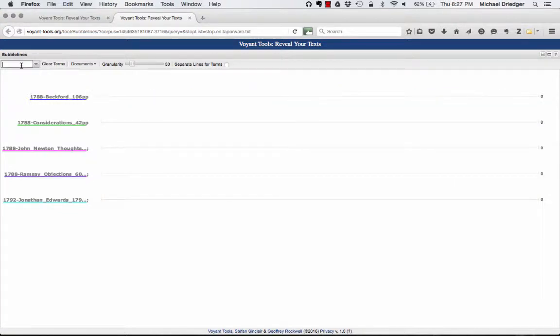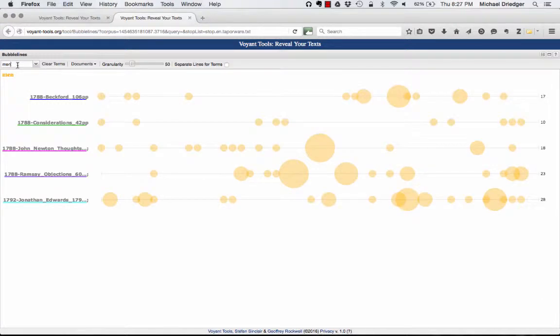I can clear terms. I can add a new term. And see if woman shows up, just out of curiosity. Seems not to. See if person shows up. Okay, in some of the texts, I'll try woman one more time. Less frequently. One thing we can do, if we want to find out a little bit more about these terms,